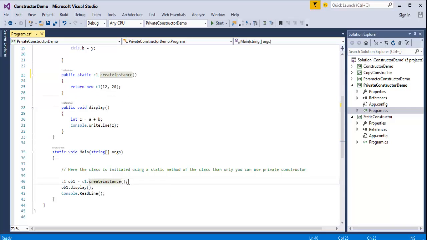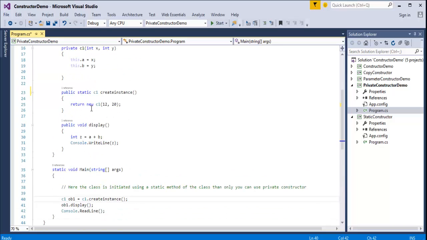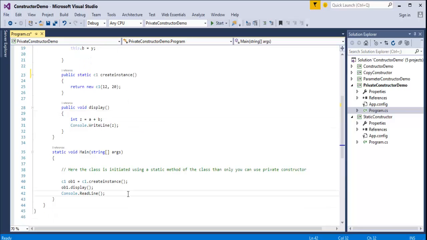Once I call the display method, x is equal to 12, y is equal to 20, and I'm adding a and b, 12 and 20, and it will give me the output as